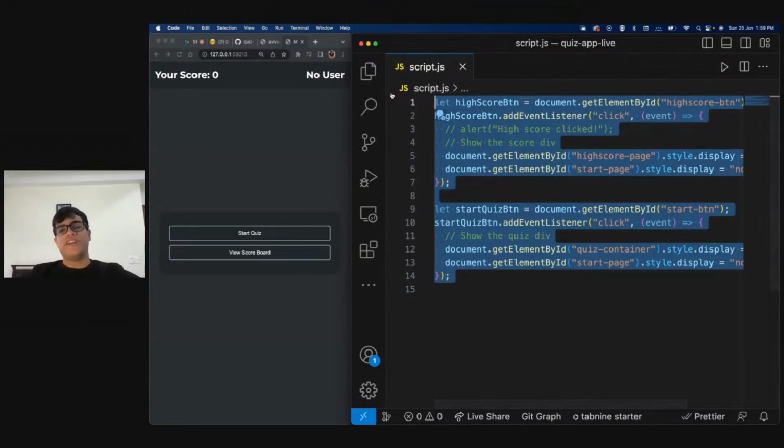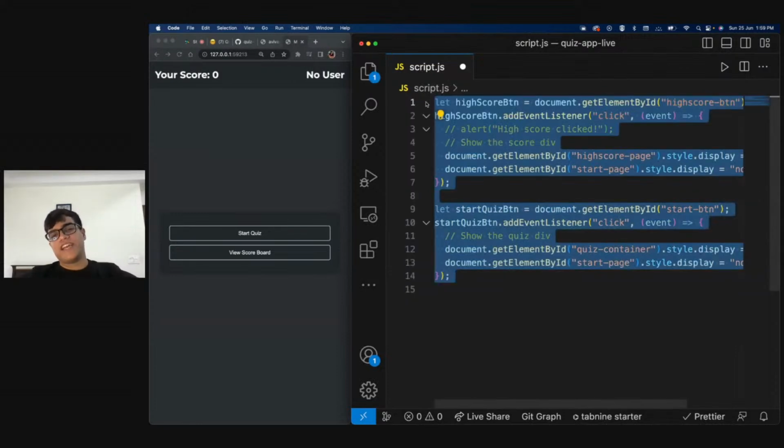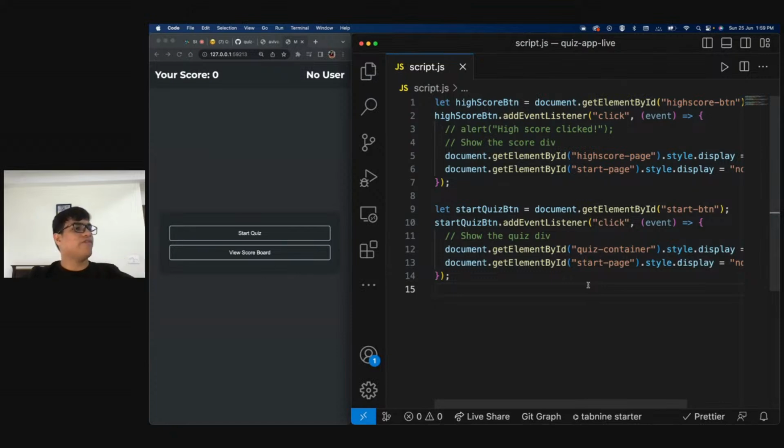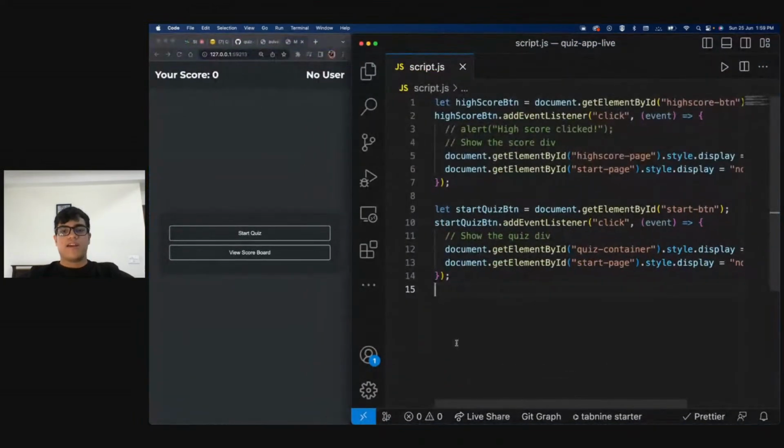Okay. So for now, I will just quickly get rid of whatever we have written, right? And I will make the code a little modular for you guys. All right. So far you need to understand that JS is basically where all of our code will be. It is basically the brains of our entire thing, right? And that is about correct.